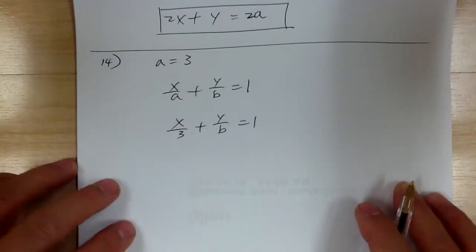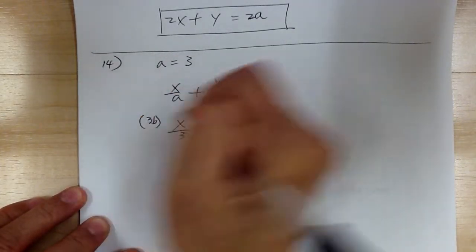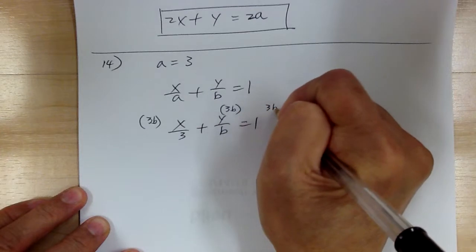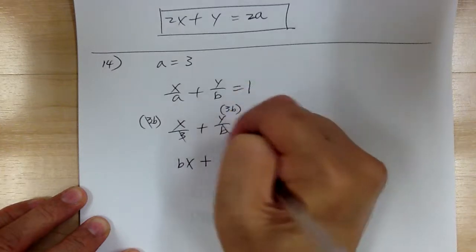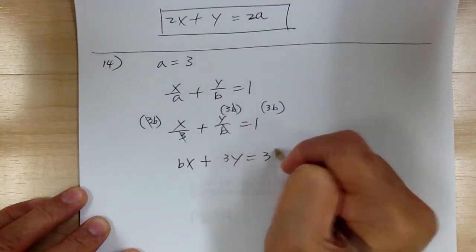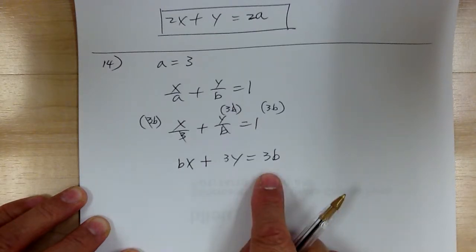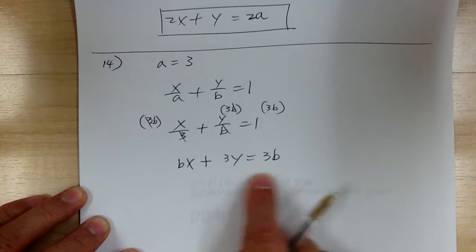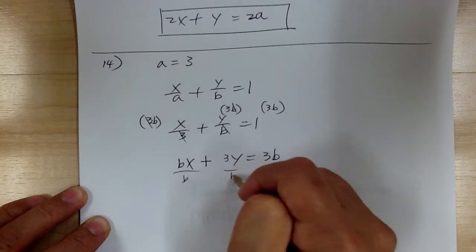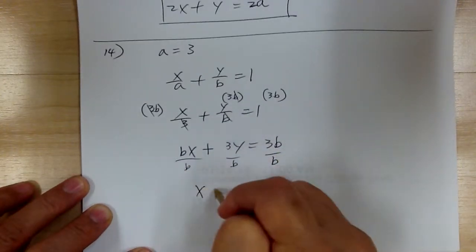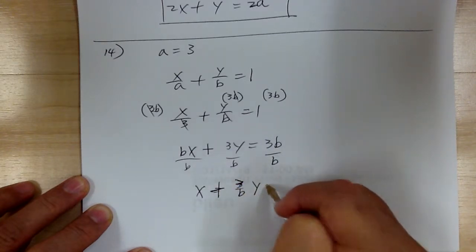And then after that, you can multiply by the common denominator to get rid of the fraction. So multiply by 3b, multiply by 3b, multiply by 3b. So the 3 cancels out. You're going to get bx plus 3y equal to 3b. You can leave it this way, or you can simplify even more by dividing by b. If you divide by b, then you got x plus 3 over b, y equal to